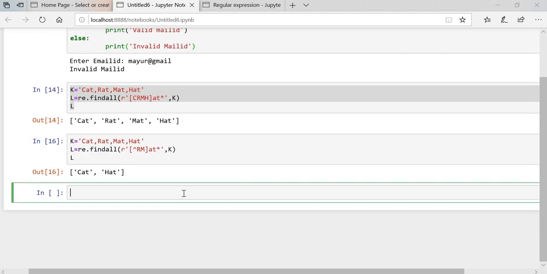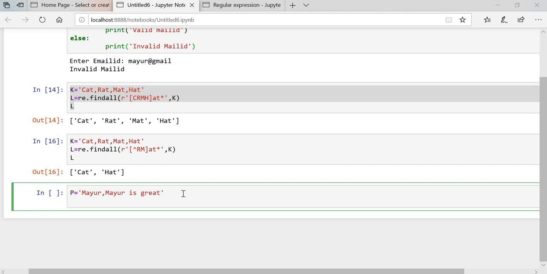Some more functions we'll take in this. We'll take one like p equals to, I'll create one string like "Mayur is considered as great." Then re.search, this time we'll take search. What do we have to search?